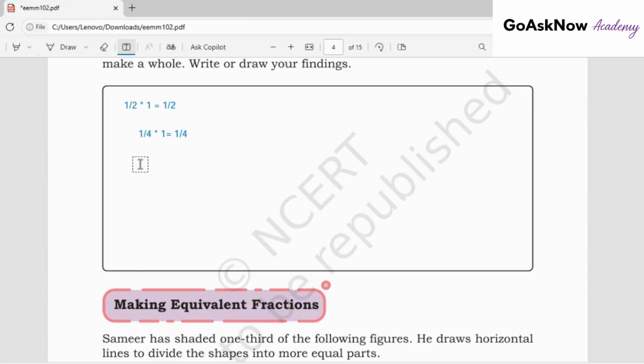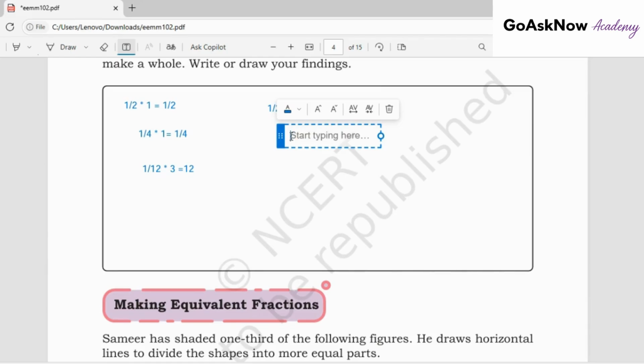Next one, 1 by 12 into 3 equal to 3 by 12. We are taking the value 1 by 2 plus 1 by 4 plus 3 by 12. Now calculating the value, taking equivalence,